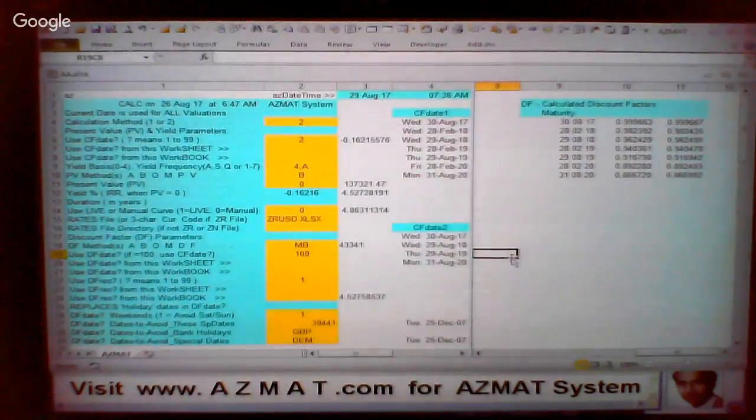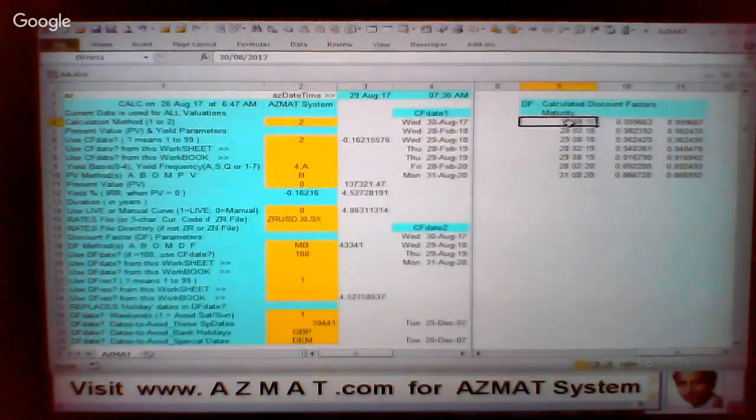This method enables the user to place the results anywhere in any worksheet of any workbook, as long as that workbook is already open. This workbook need not contain a worksheet called AZMAT, as this one does. So, for example, I have dfres1 here, as you can see, the range name dfres1. I could have it here, but I could specify a different worksheet in the same workbook, this workbook called